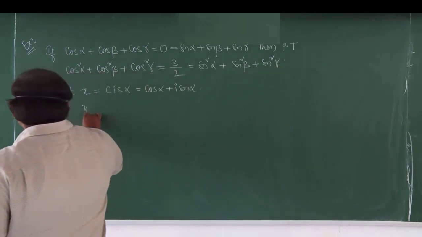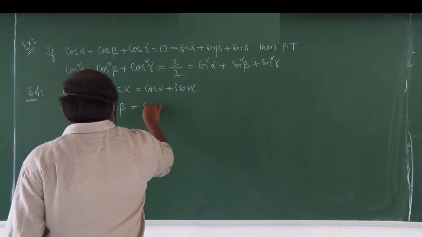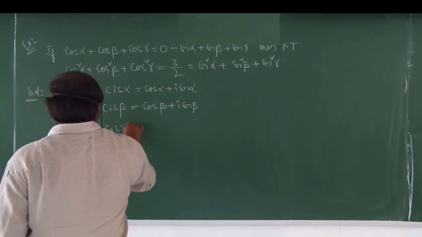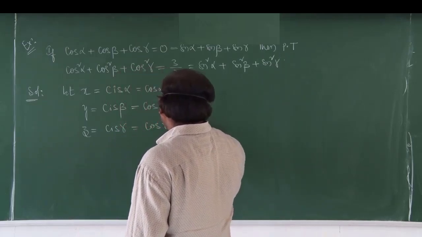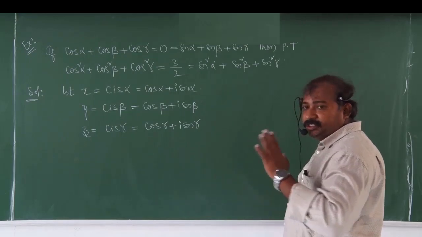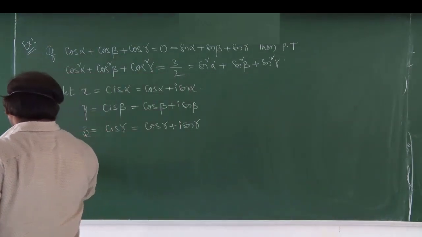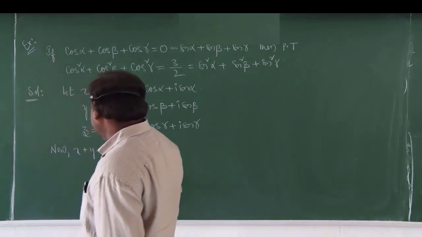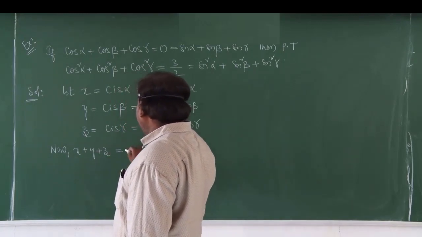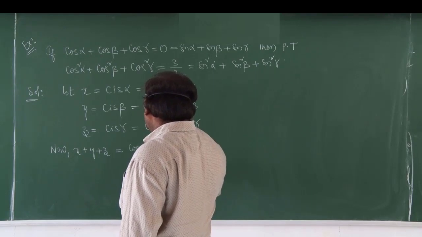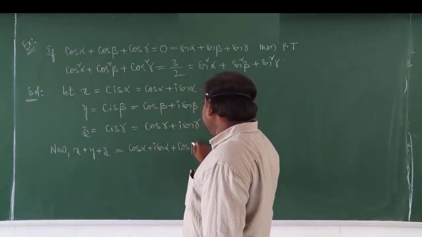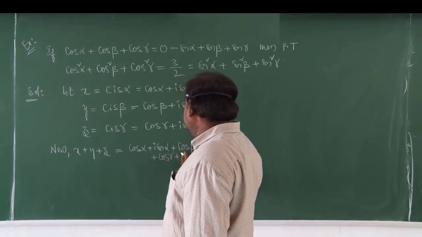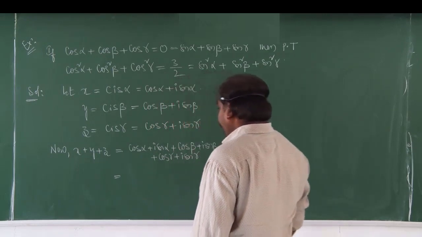Now y is equal to cis beta, which means cos beta plus i sin beta, and z is equal to cis gamma, which means cos gamma plus i sin gamma. So x value, y value, z value I can take like this. Now x plus y plus z, what about this whole value? X plus y plus z is equal to what? X value is cos alpha plus i sin alpha, plus y value cos beta plus i sin beta, next z value cos gamma plus i into sin gamma, which is equal to,